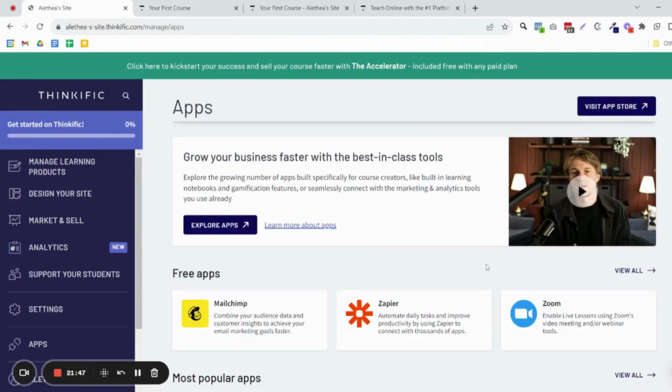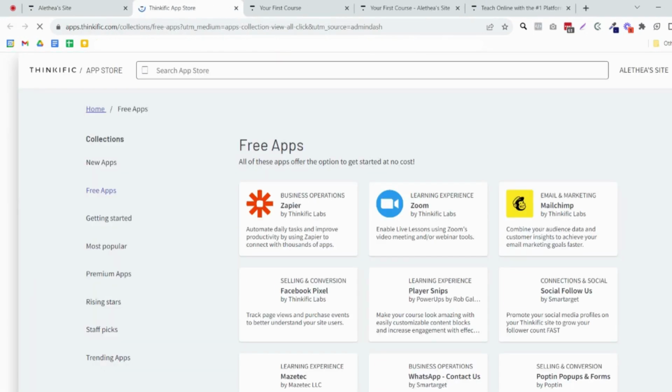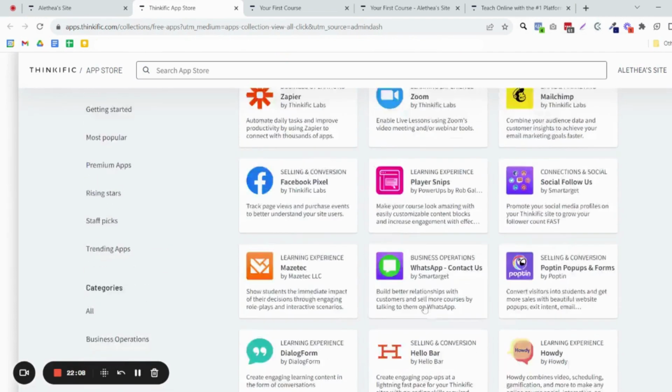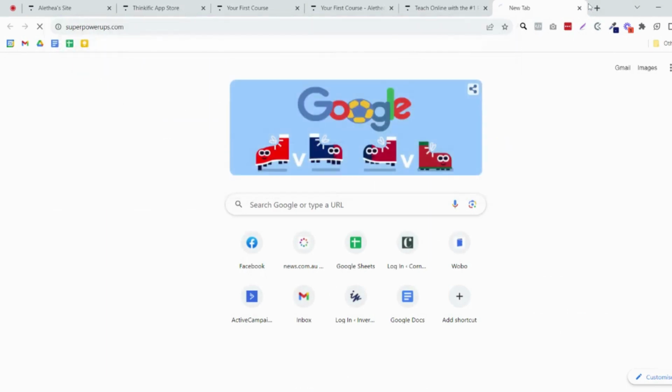Now the apps, so this is where it goes to the Thinkific App Store, and this is where you can really make a beautiful site. Obviously a few of these things you need by default, like Google Analytics, but one thing I recommend you check out is the Superpowers by Rob Galvin. These are all these power-ups, so Player Snips. I'll show you his website quickly. If you just go to superpowerups.com,